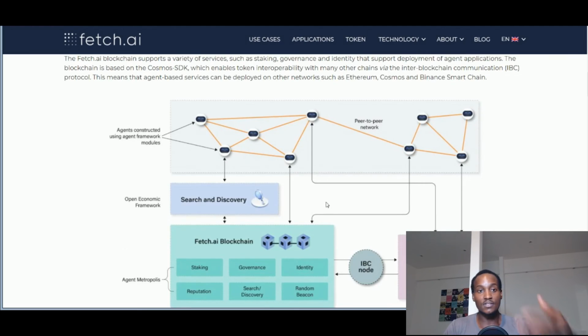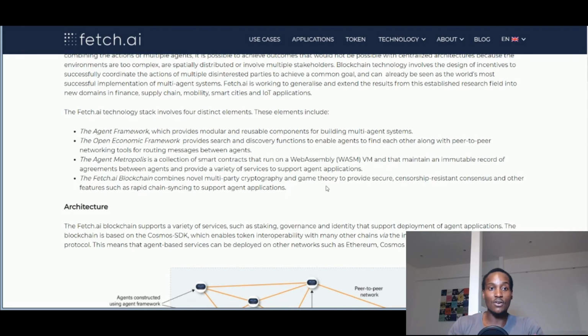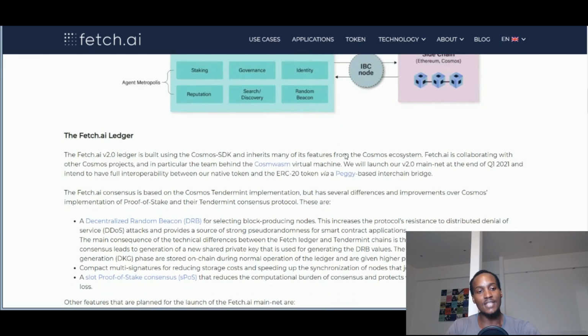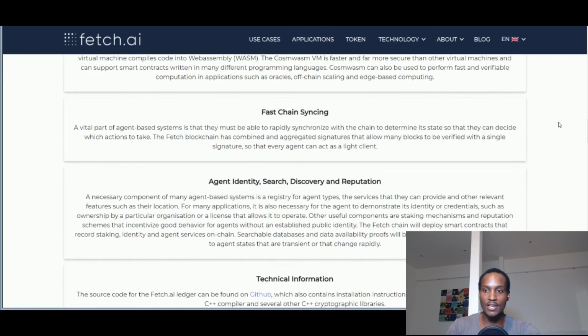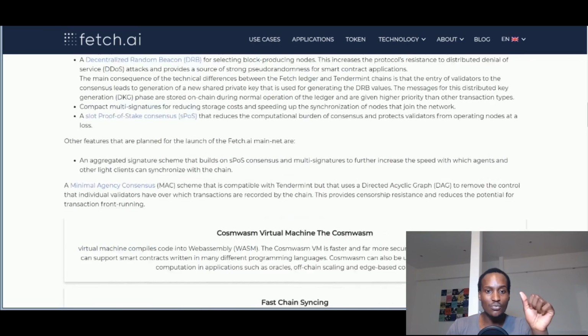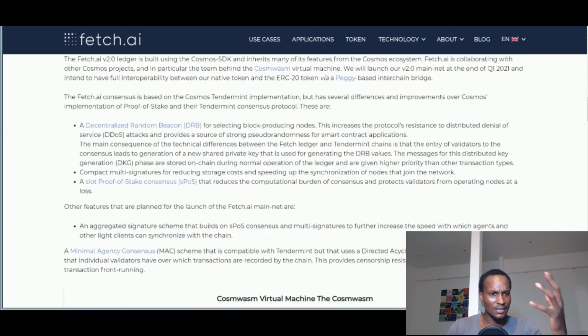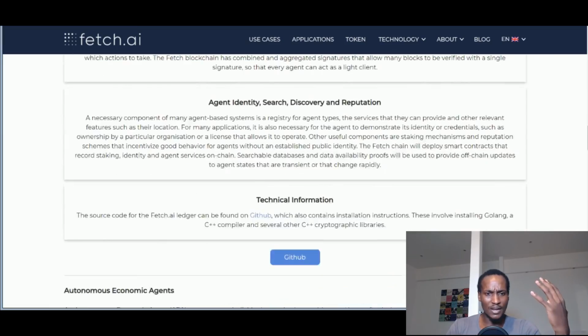And of course, this is a beautiful page. And if you're out there, you can go to this website, fetch.ai/technology/#AEAs, where you can have a very well written summary of the whole Fetch.AI ecosystem. Because if you go out there and try to search for this information, it's way too much. So they've talked about their decentralized random beacon, which is another beautiful thing that we don't talk about. I think they wrote it here, but I can't find it right now.